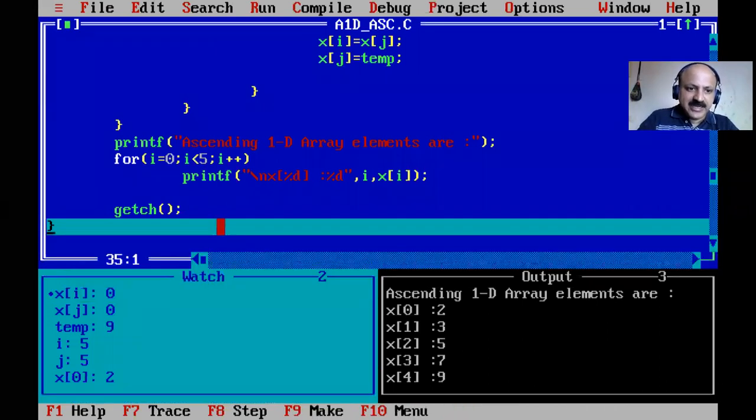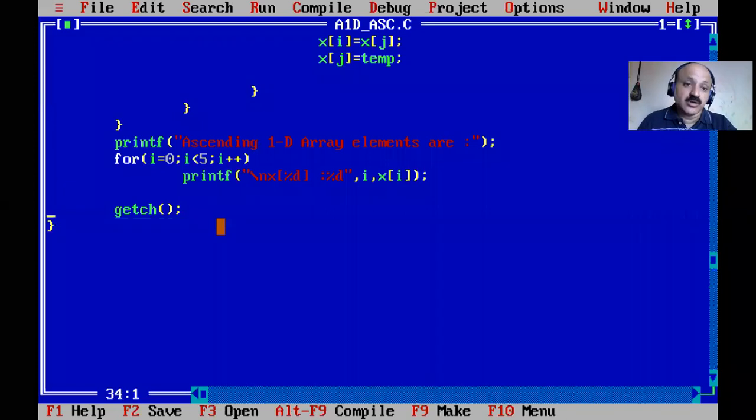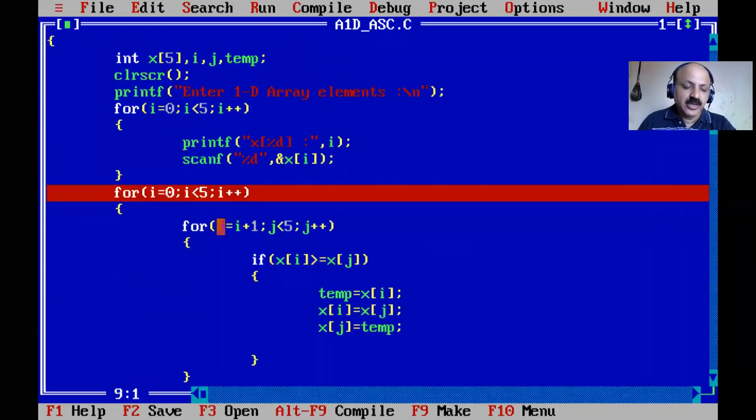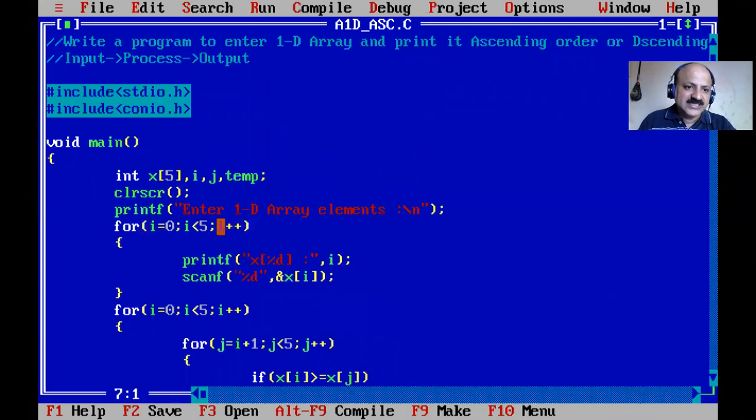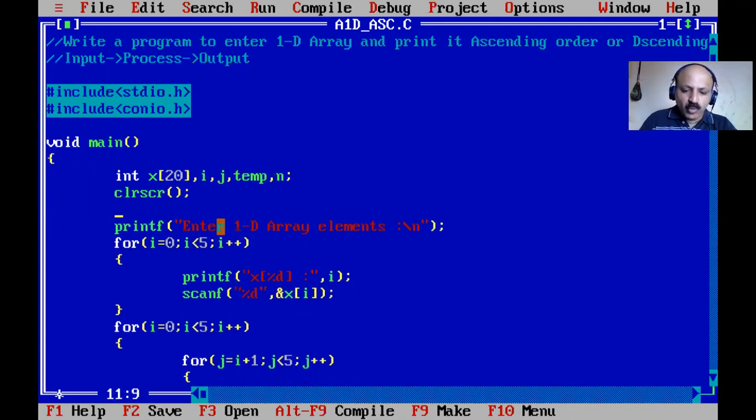What is ascending and descending? I completed both, and also took the watch window. And now I remove this red line, go to that place, and press Control F8 again, that removes the breakpoint, and save. And what is the last thing in this session? So in my technique, I just remove this 5, and here we can take one variable n and provide that, as it is a static array, not dynamic.